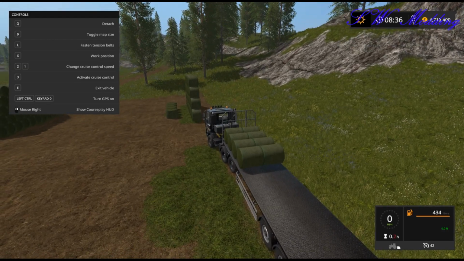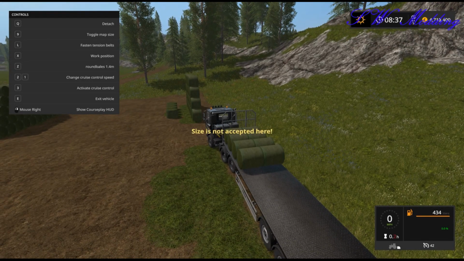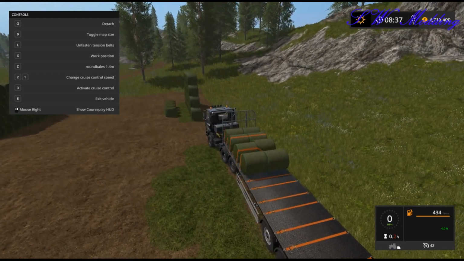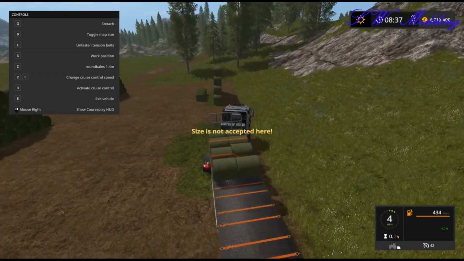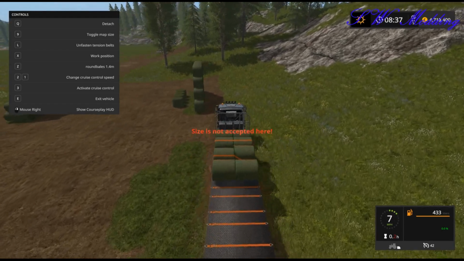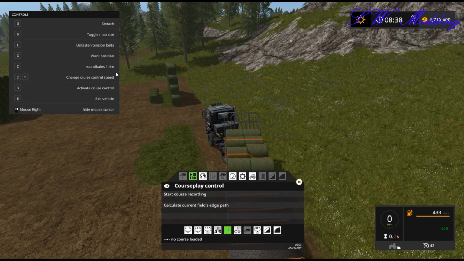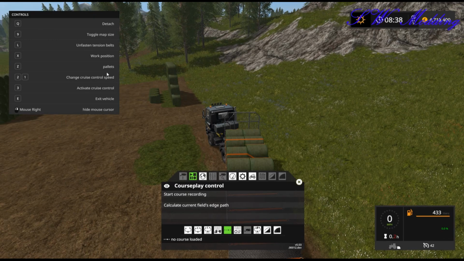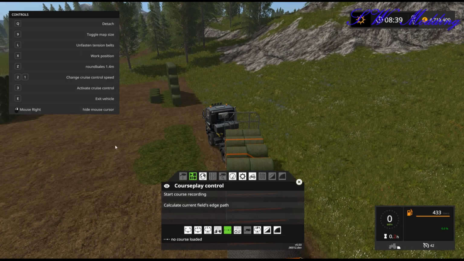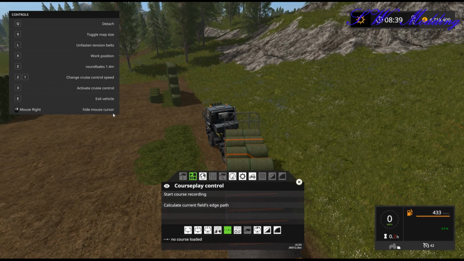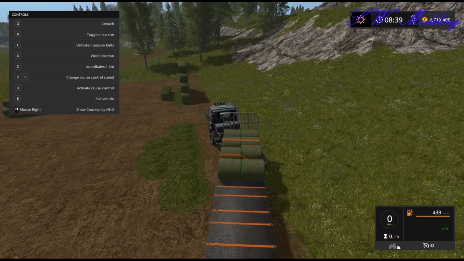So if I actually come into here, if I just unload, you can see straight away it says straw bales not accepted, because these are only really small bales. And you can also see for whatever reason it conflicts with the 1.4 meter size bales. Even though it's got 1.1 size bales in there, it conflicts with the 1.4 bales. I'm not quite sure why that is. The 1.8s, the 1.5s, 155s, all the others work. It's just these small ones, they seem to have a bit of a problem, but I'll figure it out eventually,